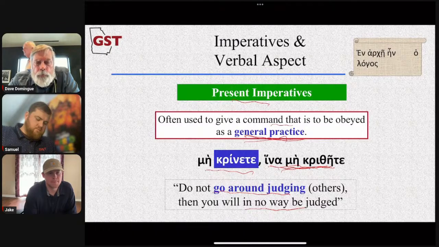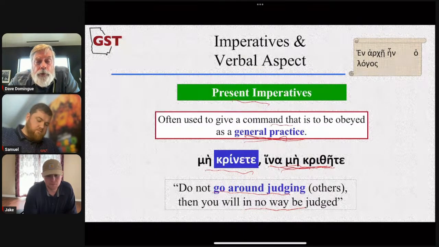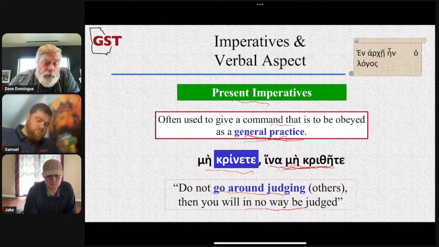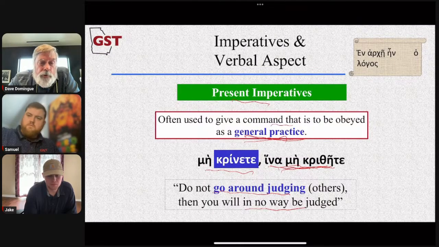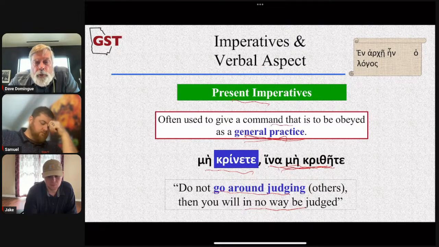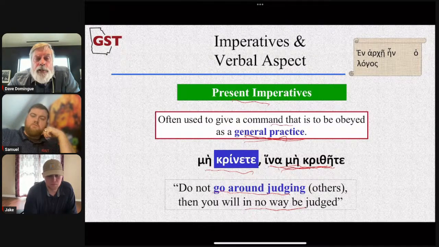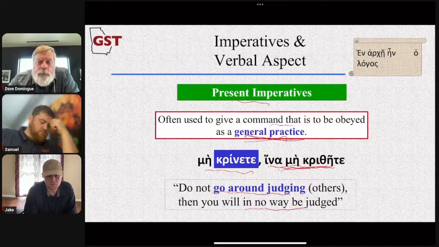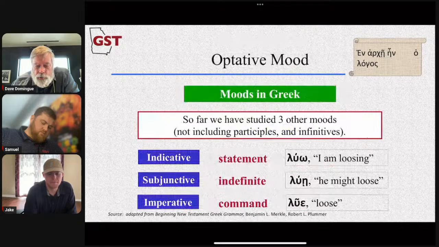So if the subjunctive was like John 3:16, for God so loved the world that he gave his only begotten Son, that whoever believes in him might not perish, but might have eternal life. They're both in the subjunctive, perishing and eternal life. There is a possibility. The optative does the same thing, but it's a lesser possibility. And that's what we're going to touch on here.